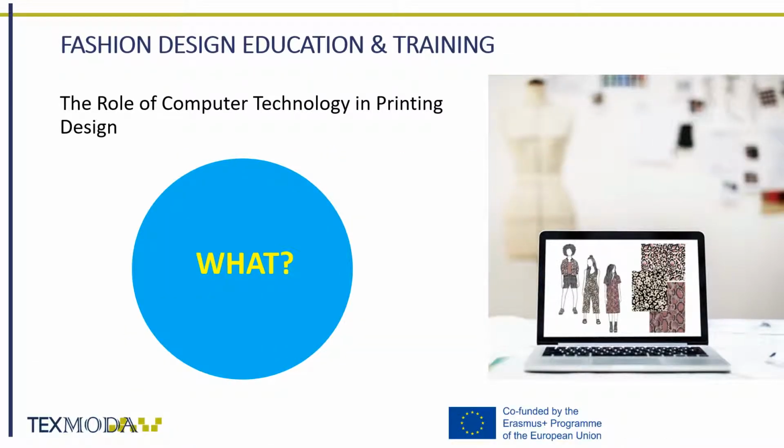Trying to understand the role of computer technology in printing design, we begin with two questions: what and why? The production of print is becoming digital nowadays. The top expression of it, digital textile printing, which has been constantly evolving since the early years of the past decade and is now reaching a level of maturity and dissemination that was not expected, even among those who enthusiastically proclaim their specific advantage when compared with the dominant analog production processes of roller and screen printing.